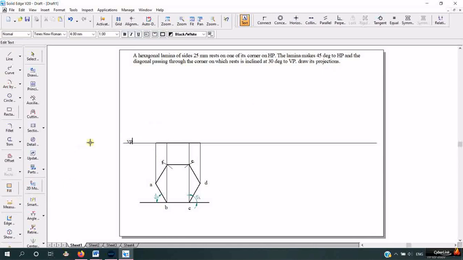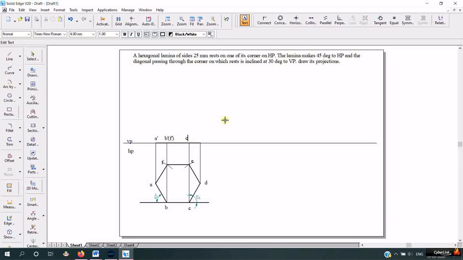This is the vertical plane and this is the horizontal plane. From the front view, the hexagon looks like a line on the vertical plane. This is a corner, so it is looking like B and a line F corner here. F cannot be seen, so put that in bracket, and B dash of F dash.